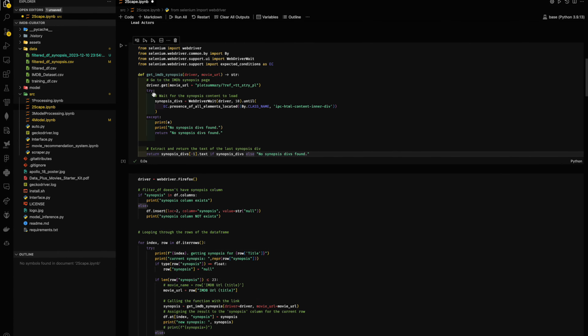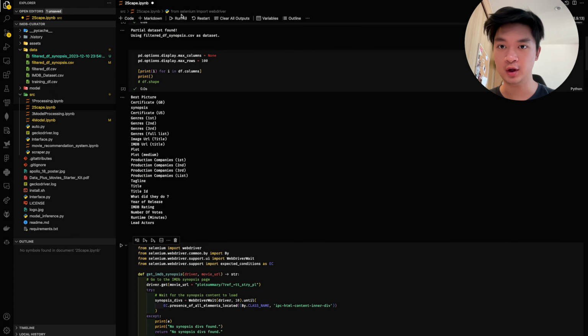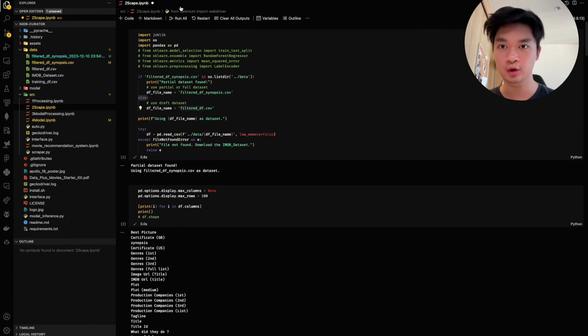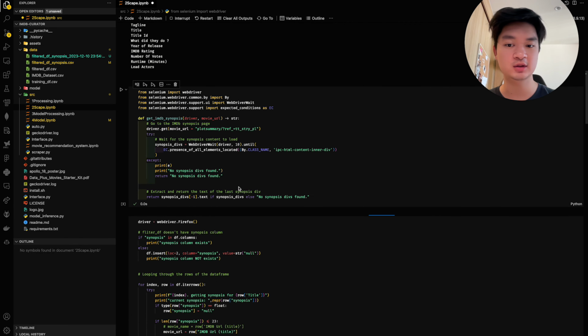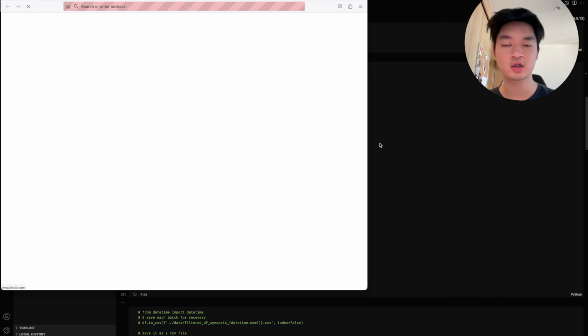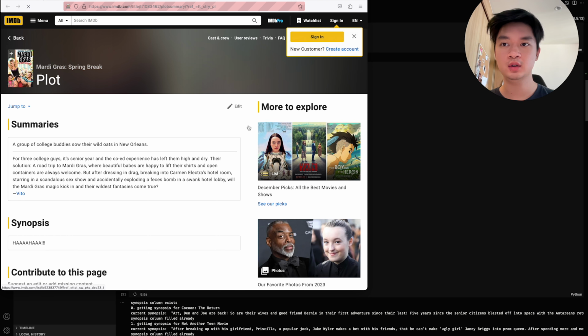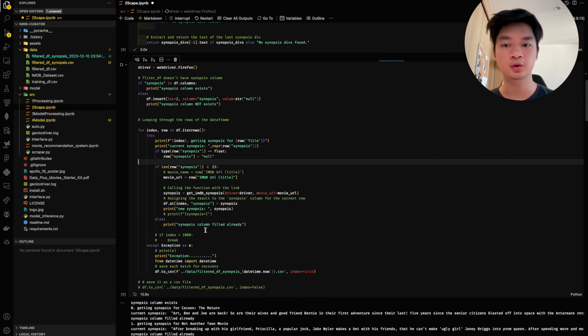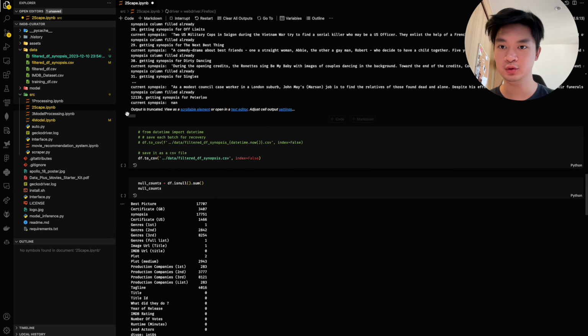So I'll just run all. We'll load, check, then we initialize the WebDriver, and then it will start Firefox. Here's the WebDriver that we have, and it will go through all the movies. First of all, we've already gone through 0 up to